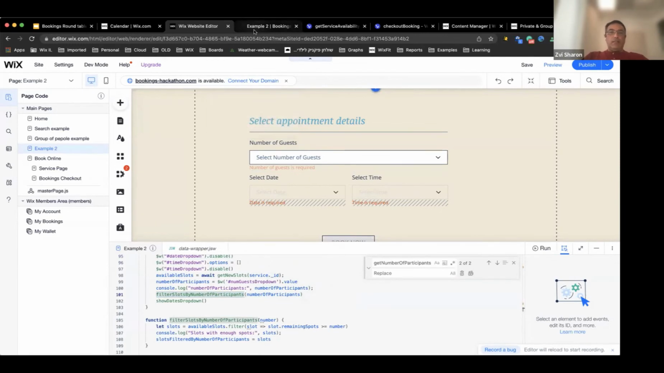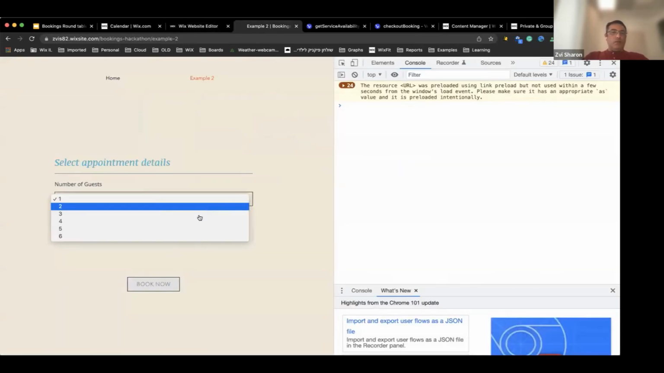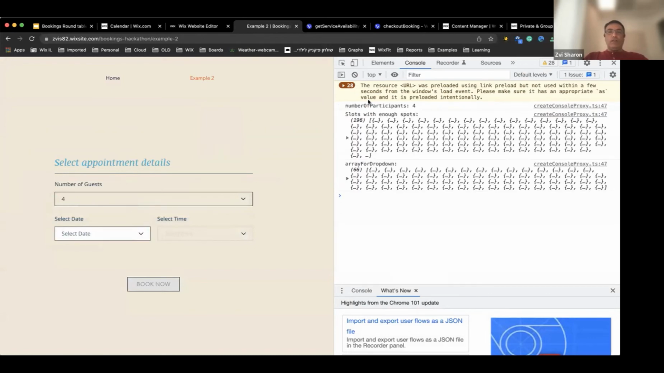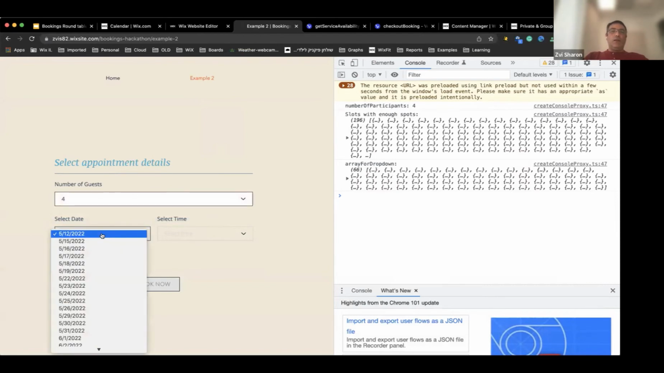Let's select and see what will happen. So I selected 4. Okay, so we see that basically we took all the slots that are available for 4 participants, all the slots that are available, sorry, and then we are creating an array for all the dates, because here in the drop down, I need to see only one